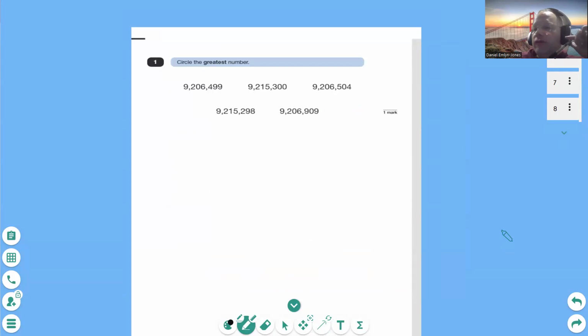Always read the question very carefully. Circle the greatest number, the biggest number. So those are nice big numbers, aren't they? Love a bank account like that. But let's have a look at the decimal places first. So I'm taking the first one. These are commas, not the